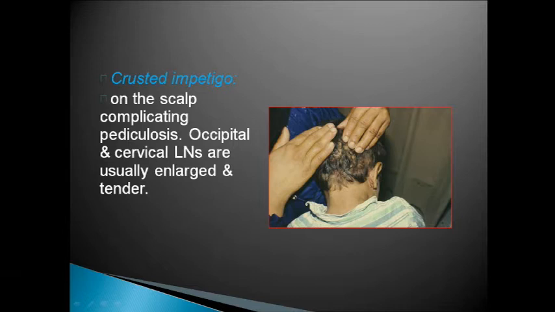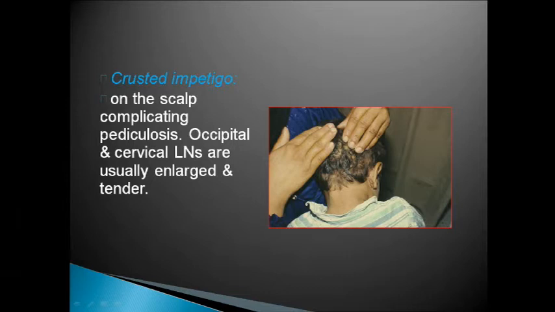Crusted impetigo is an infection of the hair follicles, and sometimes it may be present wherever the patient or child has, for example, tinea capitis. There is a lesion, crusting is there, the hair has not been washed for a long duration, or there is some pediculosis due to recurrent bites by the louse, as we have seen in previous classes. So there is local abrasion of the skin, and again infection of the superficial layer of the skin, giving rise to crusted impetigo over the skin.